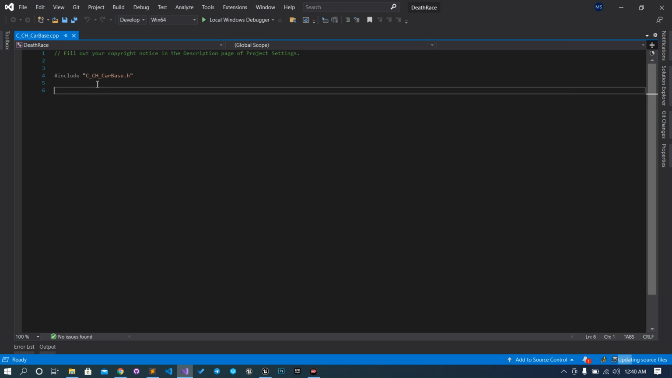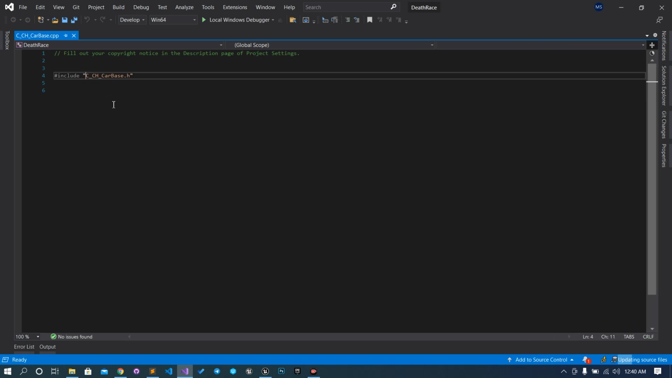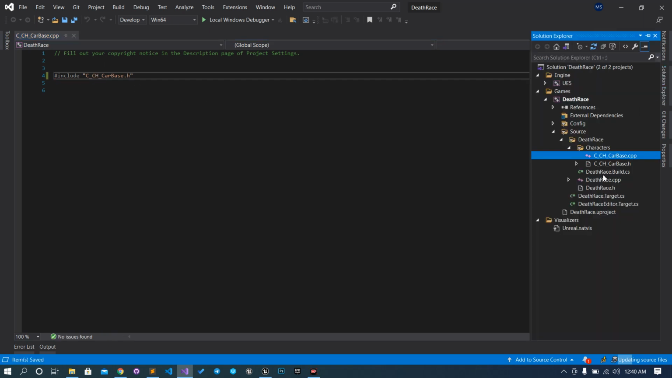Go to the cpp. Here it will be like character. It will be like this, so just remove it. We have to just remove the folder name. You ask why? Because both files are in the same folder, so we don't have to